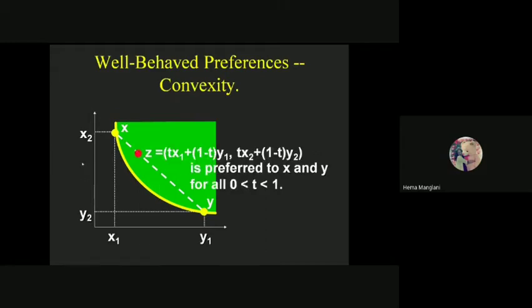Okay, so now further on this convexity, you can define it like this. This is a function for the convexity: tx1 plus (1 minus t)y1. If you want to increase one of the goods, you have to reduce the other, because this also follows MRS as a property. So if you want to increase this x, you have to reduce this y1. Similarly, for x2, again you have to reduce this. So one unit of this.